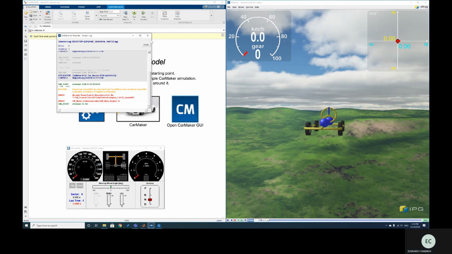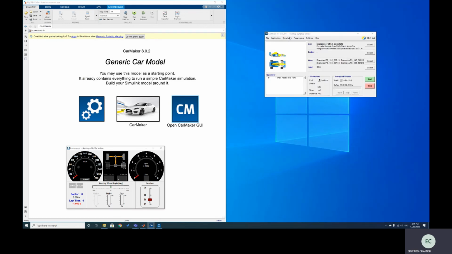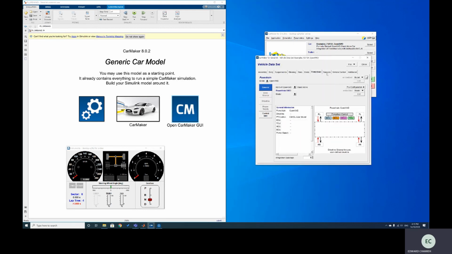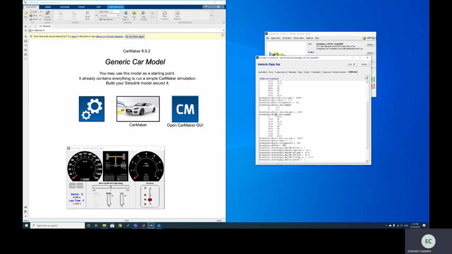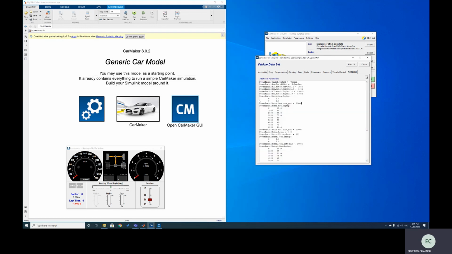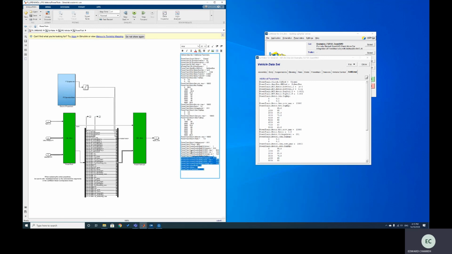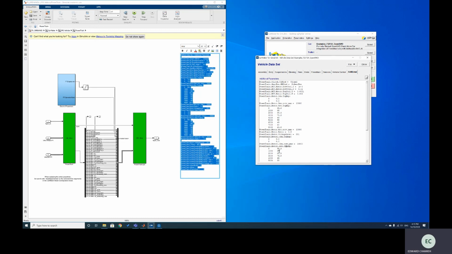What does that mean? Okay, so in order for the open Xwheel drive model and the IPG model of the open Xwheel drive to communicate, first of all, just a side note, for the open Xwheel drive we have an additional parameters file. And this file here is the missing link between the two. It helps the Simulink model talk to IPG prior to running the simulation. So for us to be able to actually run this, we're provided with the specific code that we need. And this code allows us to,